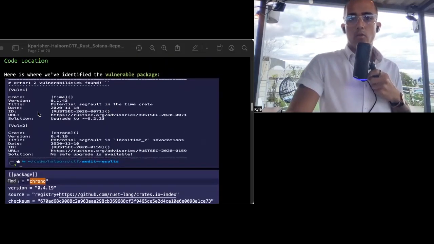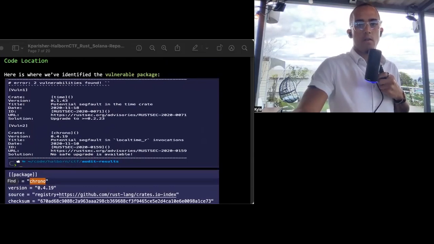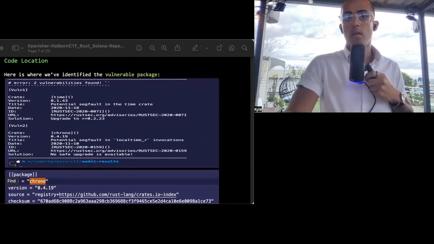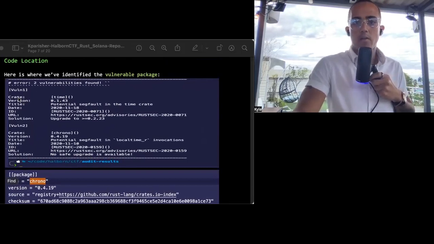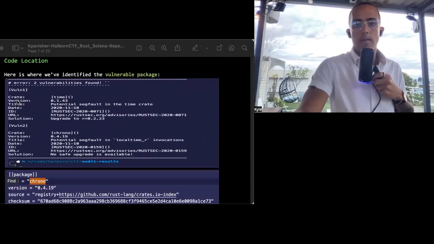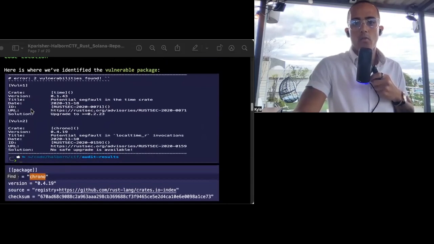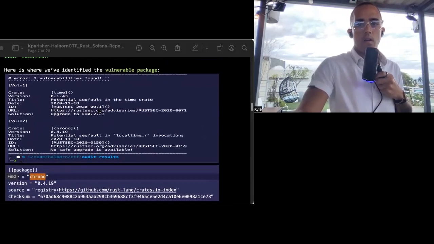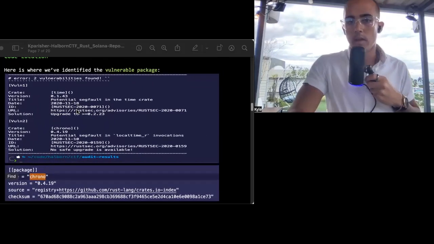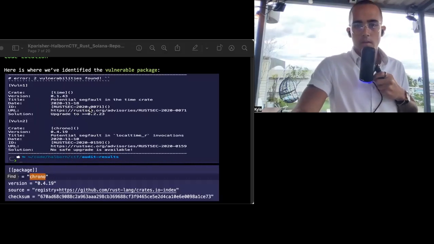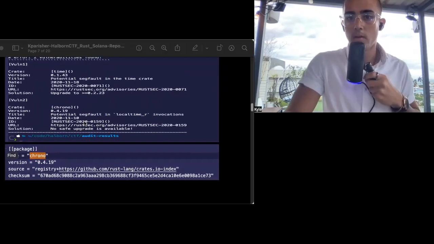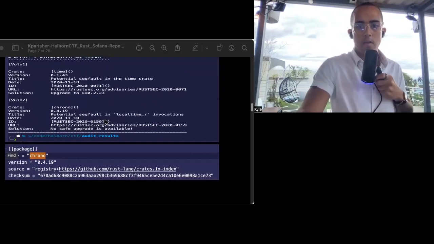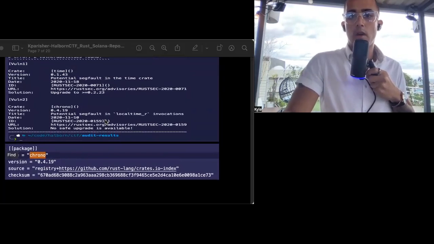Here is the screenshot of the fuzz test and the audit test that I did on the code itself. You can see here that it's the time crate, and this is the version, and it gives you the ID of the security vulnerability report. It's marked as RustSec 2020-0071 and RustSec 2020-0159. And these also have associated